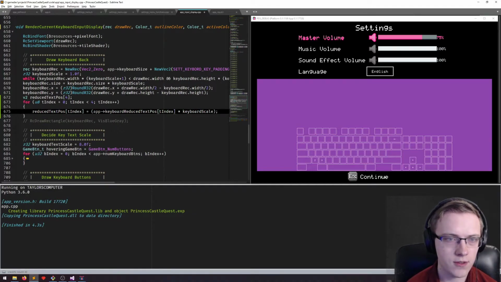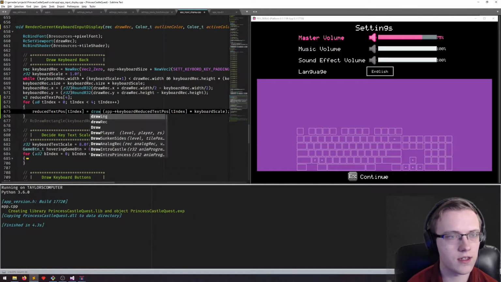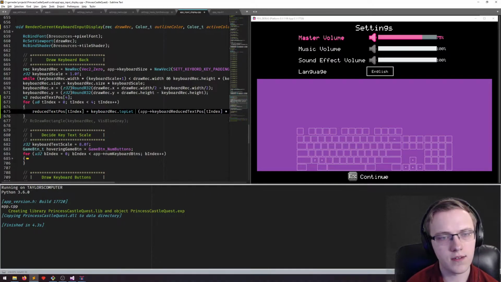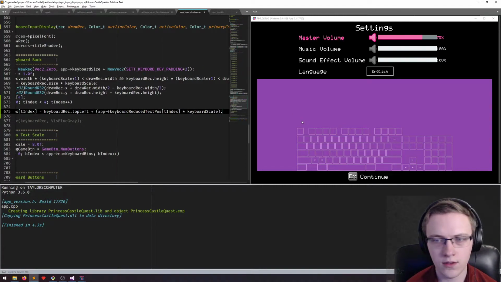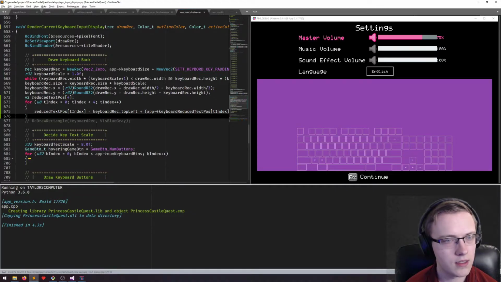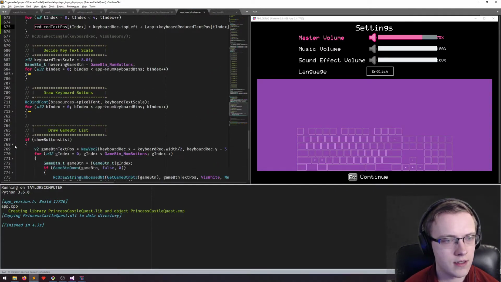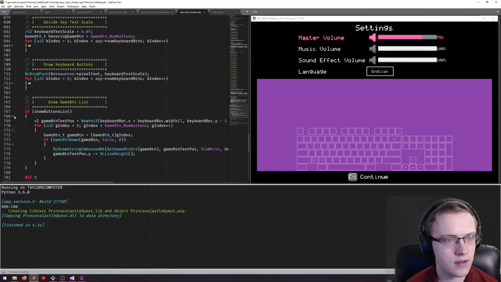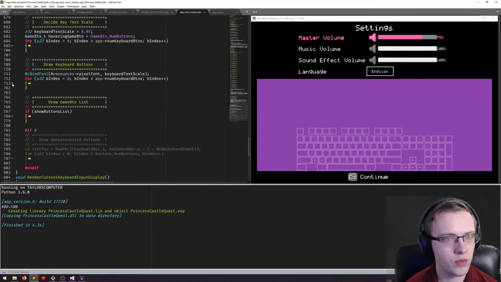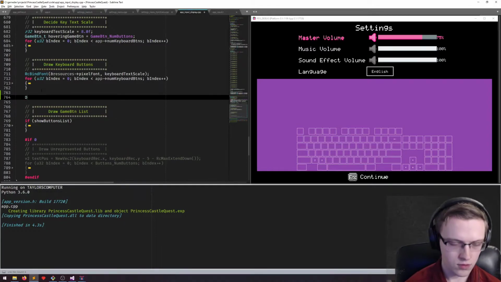Let's just do this in opposite because it looks nicer to me. So draw, no, keyboard rect dot top left plus. So that'll go from the top left, and then depending on where they were here, it'll also get scaled up so that it matches the current scaling. Great. So now we can use these reduced text positions and not the game button list,